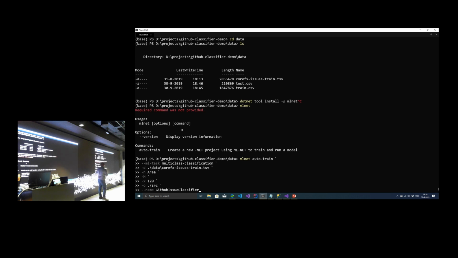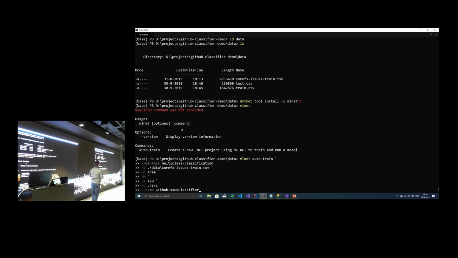Then, what's going to happen when I run this command? It's going to try different models and pick the best one for me, including pre-processing, including everything that you need. This takes time. I could give it 5 minutes, I could give it an hour, depending on the size of your data set. You might go and say, well, let's spin it up for 2 minutes and see what happens.